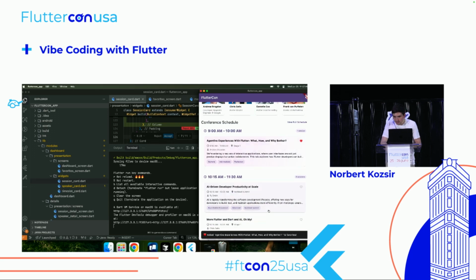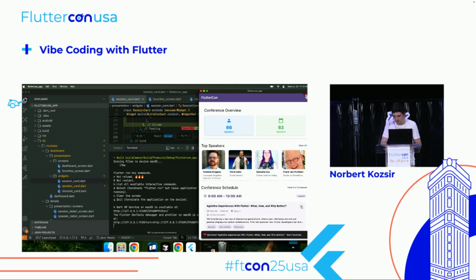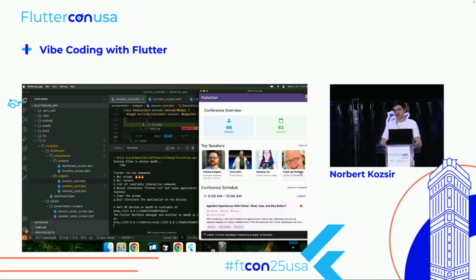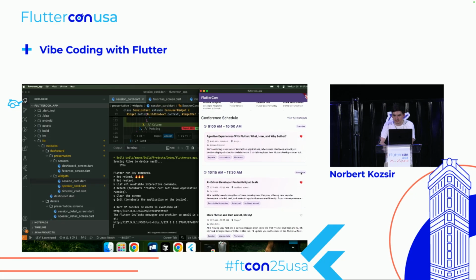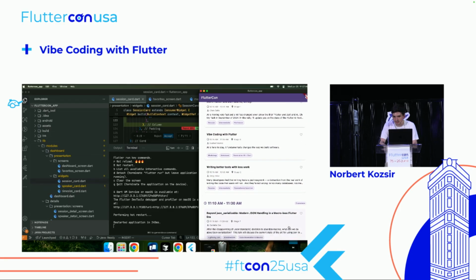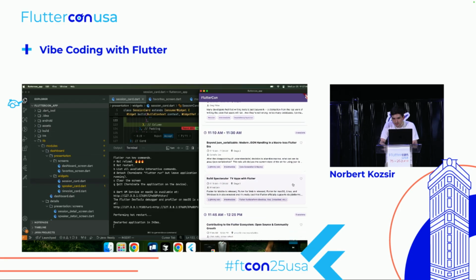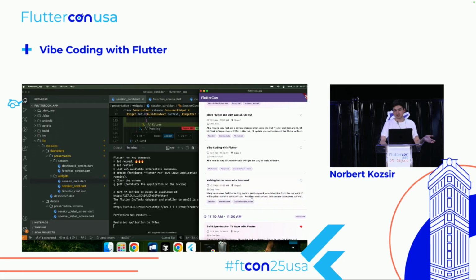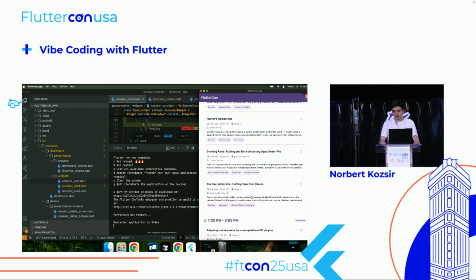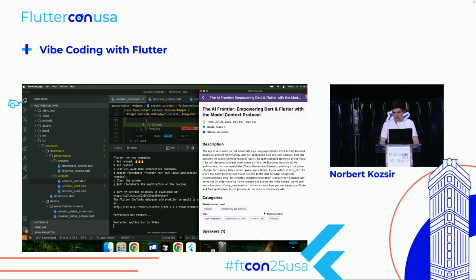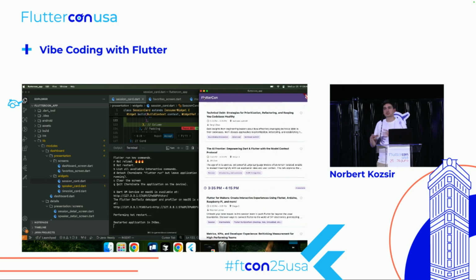So let's check. It did the heart. It's not too nice where it reloads the screen, meaning it changes the scroll position. So that's probably something that we would iterate and fix. But if we do a hot restart, we should see, yeah, it's still in local storage. If we go over here, we want to favorite this, scroll down, and it's at the top. And we have a nice gradient, which I think actually looks pretty cool. If we open this one, it's still broken, there's no favorite here. You see, there's a bunch of small things that we would need to fix.